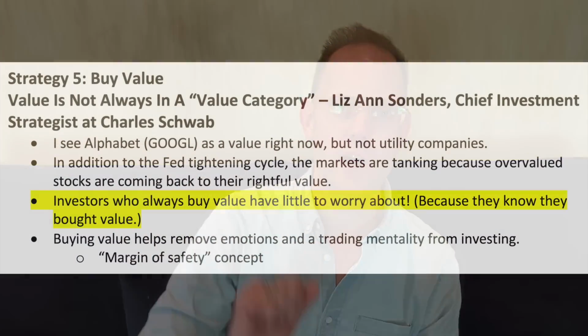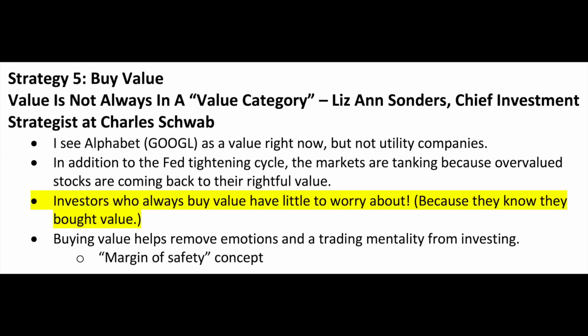But what I want to do, as you can see on the screen in front of you right now, is just share some thoughts about my experience buying Alphabet stock. It's so interesting. This one doesn't pay cash flow, but as a value investor, I cannot ignore it. And so what I want to do, before I even talk about Alphabet too much, is